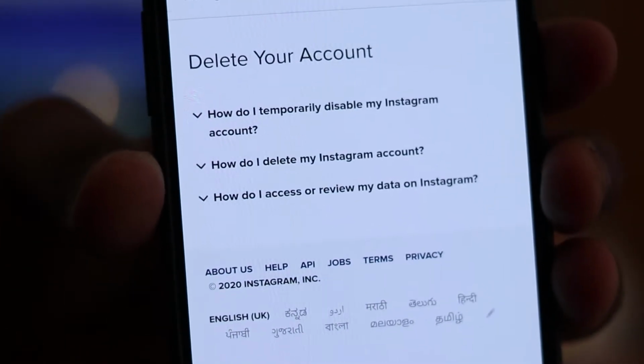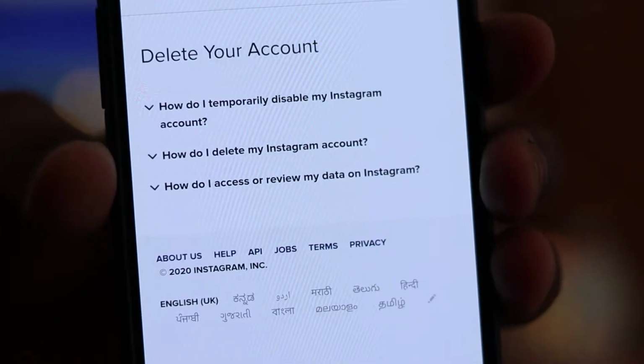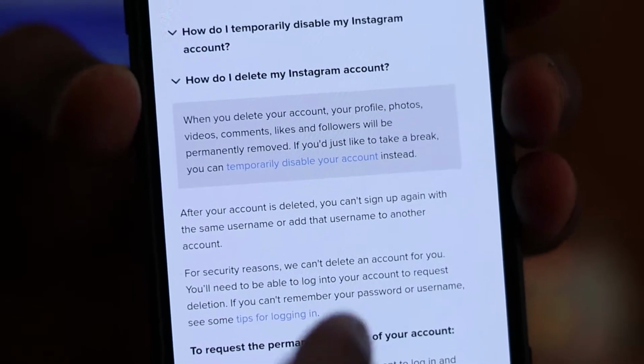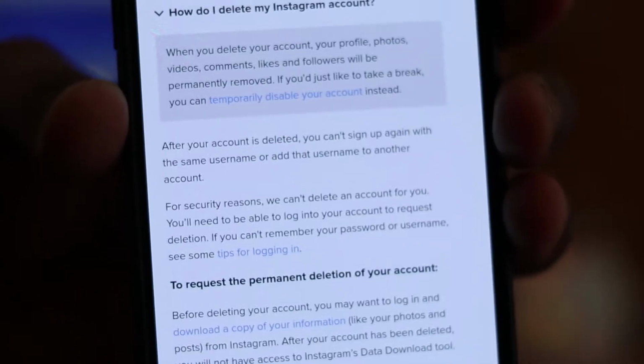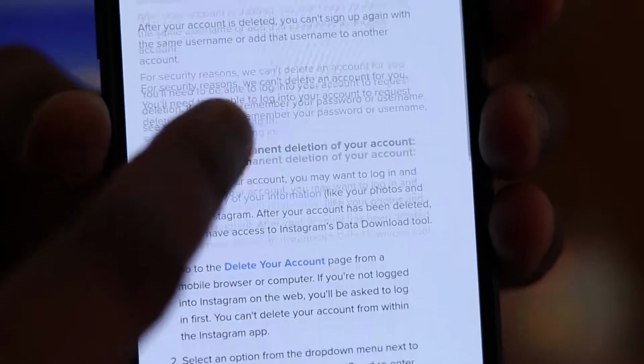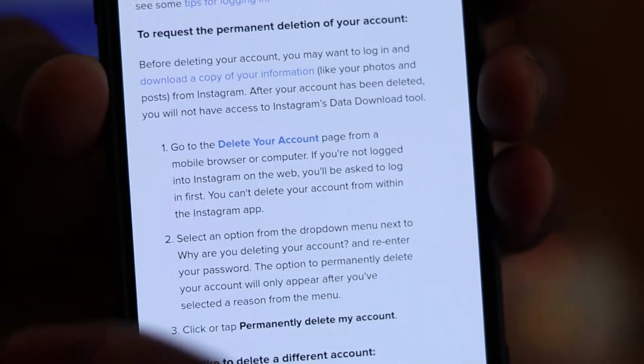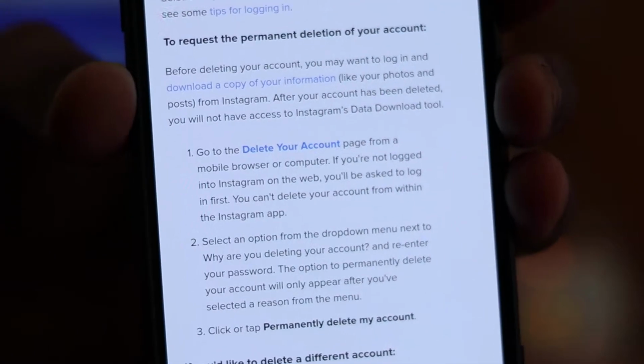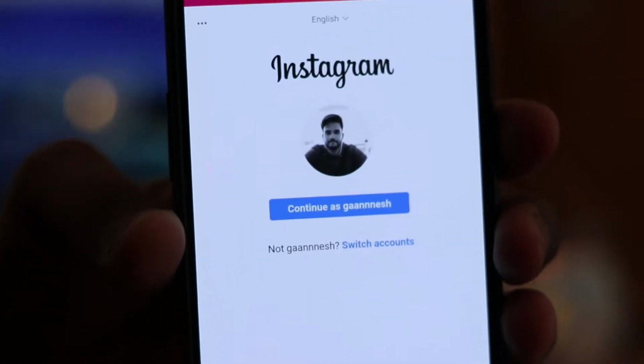So you have a few options in delete your account, like you can temporarily disable your Instagram, or you can delete your account. If I'm going for delete my account, I have a few options here. It says all photos, everything will be deleted and things like that. And if you see here, there is a delete your account link. Click on that link, and then let me open that in Chrome itself. So once it opens,